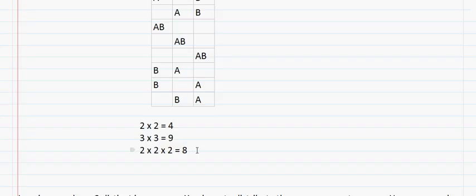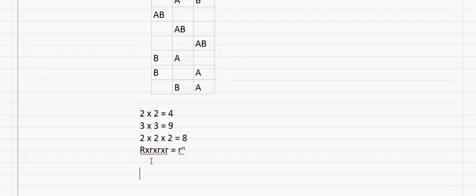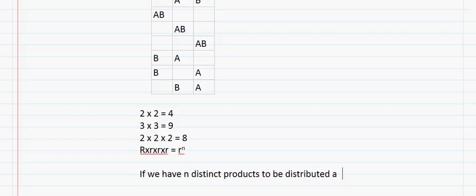distributed amongst r people. So the first can go in r ways, the second again can go in r ways, the third r, and the fourth r. All these n products can go in r ways each, giving rise to r raised to the power n as the final solution. So mind you, this is only eligible if we have n distinct products to be distributed among